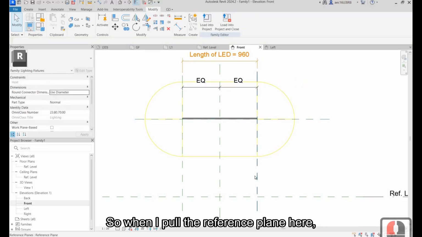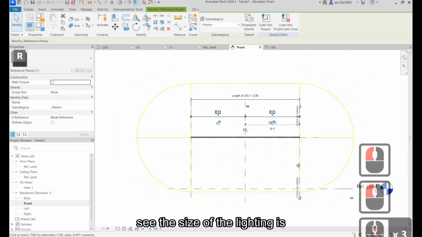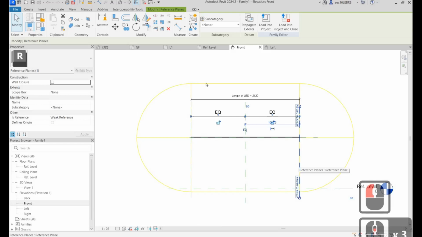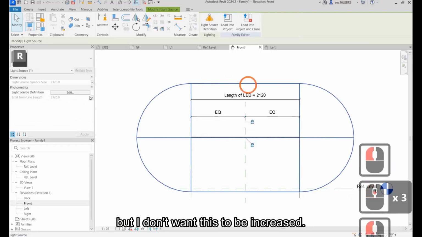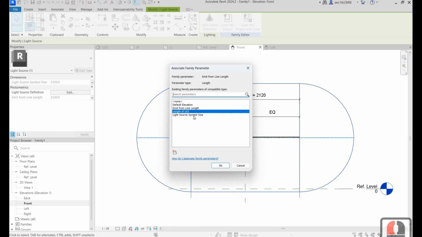So this will be the length of LED. So when I pull the reference plane here, see the size of the lighting is increased. Okay, but I don't want this to be increased, so I will set photometric to none.